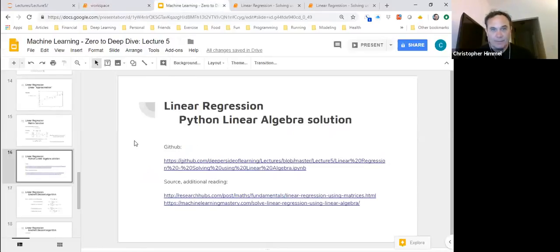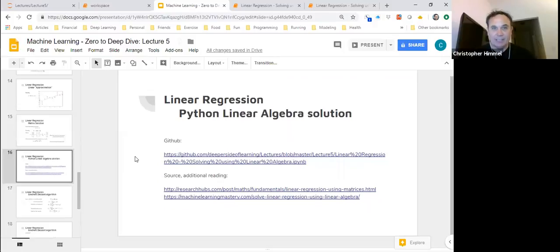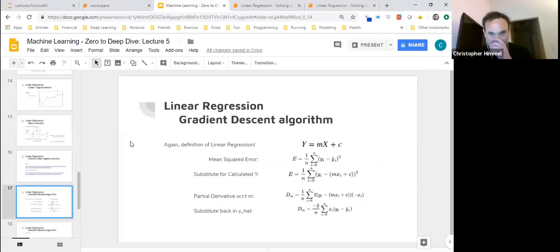So moving right along, that was our solution here with linear algebra. And please, if you didn't get any of this, ask now or catch me later, ask questions. No questions are dumb questions here. I know you've heard that. All right, so we went through this gradient descent algorithm last time with neural networks, and there's another way to